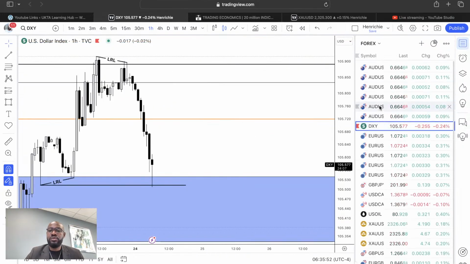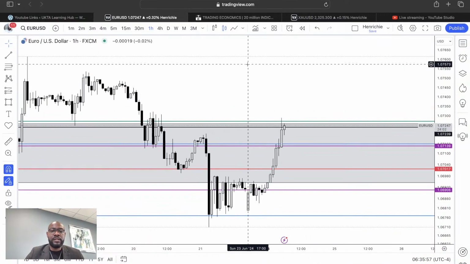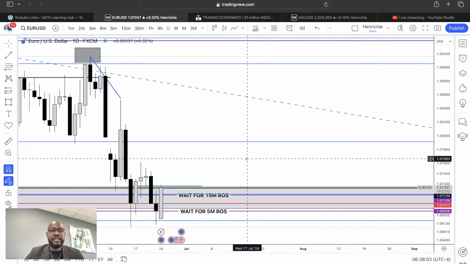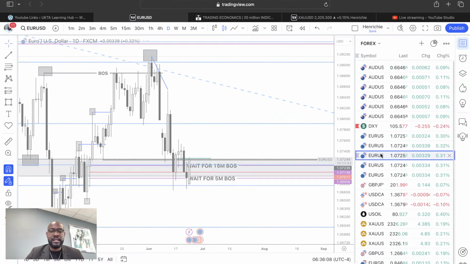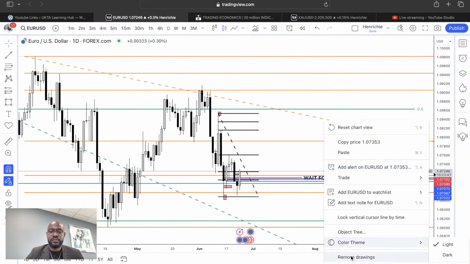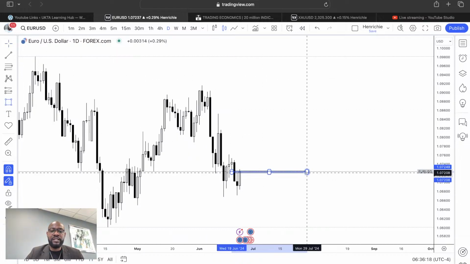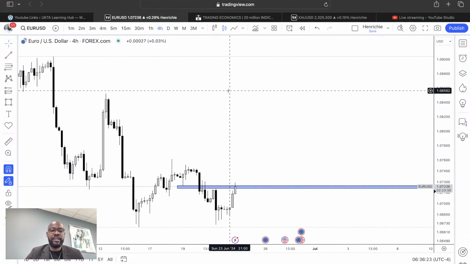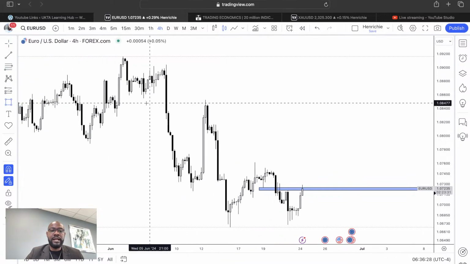So if we go to look at Euro US dollar to see what Euro US dollar is doing. For Euro US dollar, if we go to daily time frame, I'll use a clean chart for this analysis. For Euro US dollar on the daily time frame, as you can see right here, we have an inefficiency. If we go to 4-hour time frame, on the 4-hour time frame, Euro US dollar, we created a high,